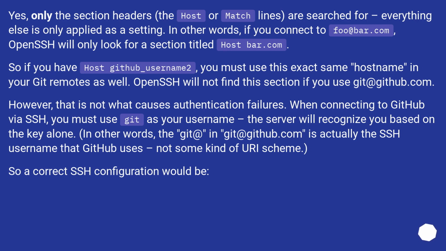However, that is not what causes authentication failures. When connecting to GitHub via SSH, you must use git as your username. The server will recognize you based on the key alone. In other words, the git@github.com is actually the SSH username that GitHub uses, not some kind of URI scheme. So a correct SSH configuration would be: